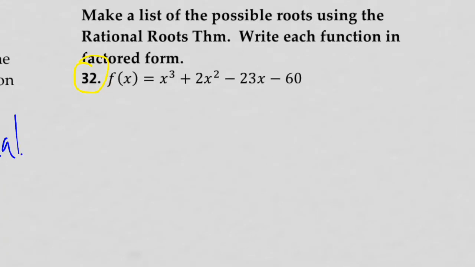Alright, let's move on to 32. Make a list of the possible roots using the rational roots theorem. Write each function in factored form. Alright, so it's a perfect example. We're not going to factor by grouping. It actually doesn't work. So we're going to take the 60, the constant, and find all of its factors,